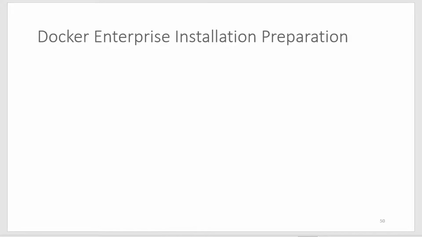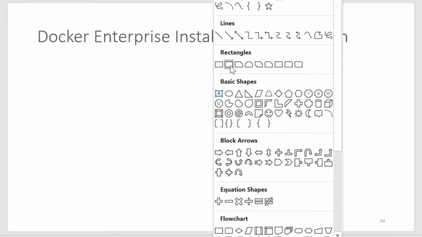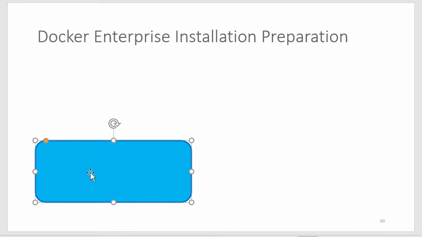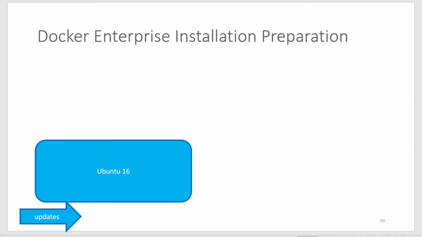So as a first step, I'm going to use Ubuntu installation. So I will be getting a Ubuntu machine, and within the Ubuntu machine, I will do all the updates. I will be using version 16, and I will do all the required updates. Once this is done, I'm going to update the repo file.